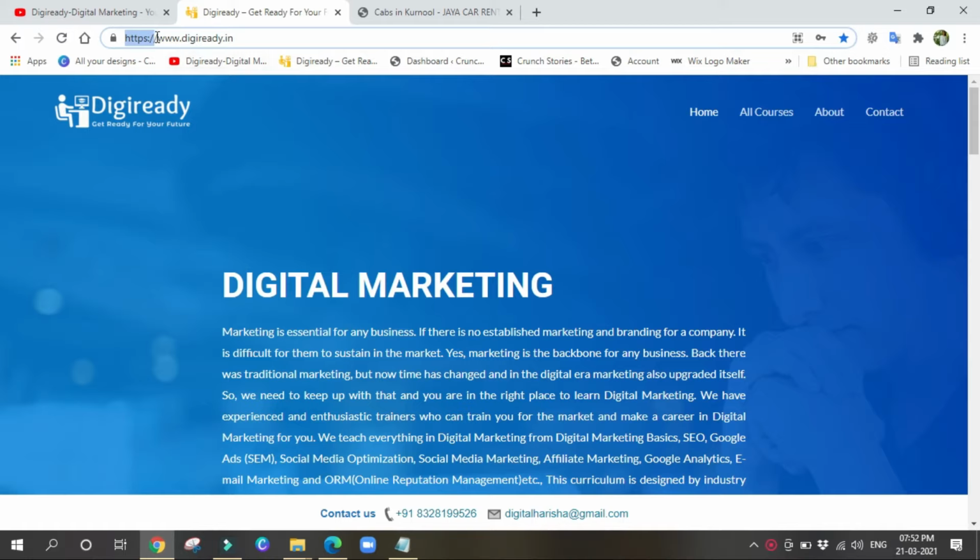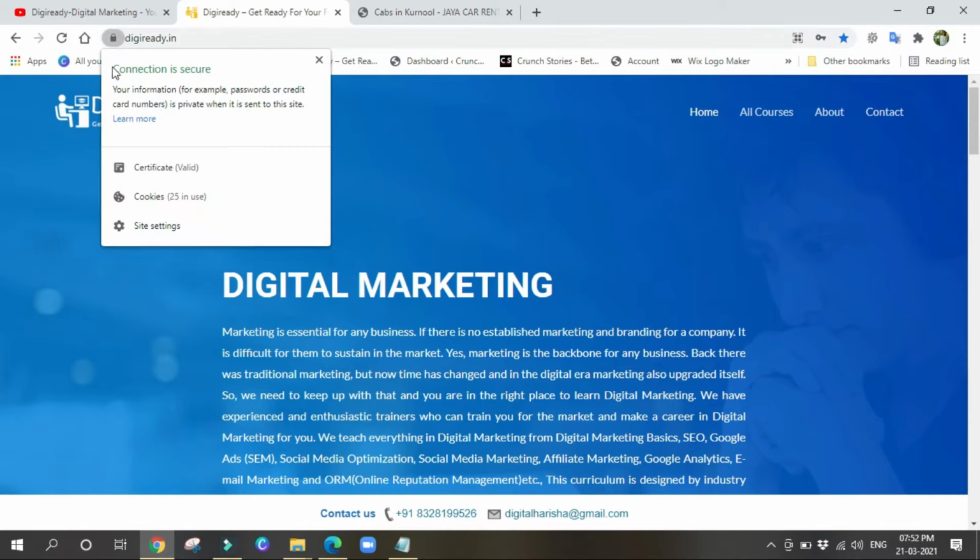Which means this website is secured and has an SSL certificate. Beside this HTTPS, you can also see a lock symbol. Okay, this is known as a padlock. If you click on this padlock symbol, we can see that the connection is secure. So here we can determine that this particular website has an SSL certificate.